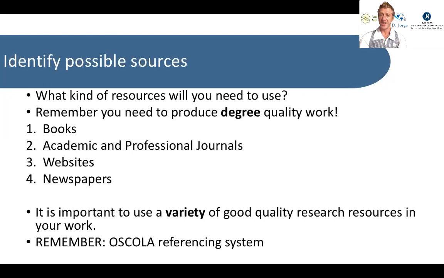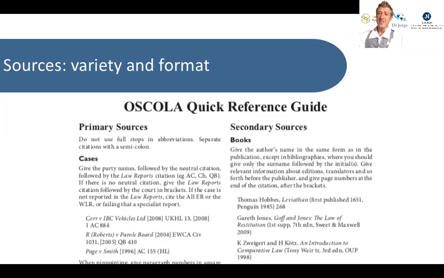Before I introduce the search engines, you will have to offer a variety of sources, and you will have to comply with a particular style. In our case, OSCOLA, the Oxford referencing style. Once again, two things: variety of sources and OSCOLA referencing. For variety of sources, you may even go to the OSCOLA guide, and I'm going to show you later how to find this. And here we can see, on the one hand, the particular format, yes? Let's say here, name, surname, the title, and so on, the publisher, and so on.